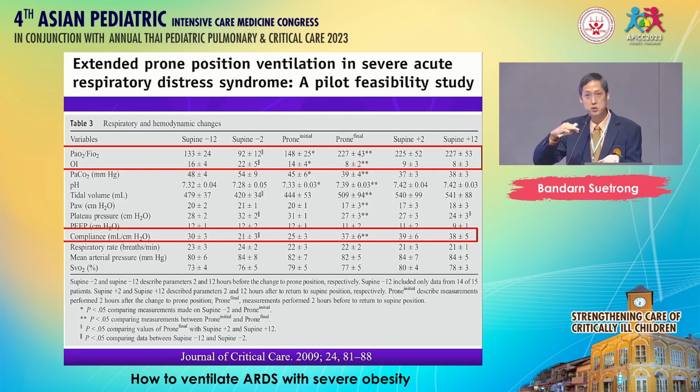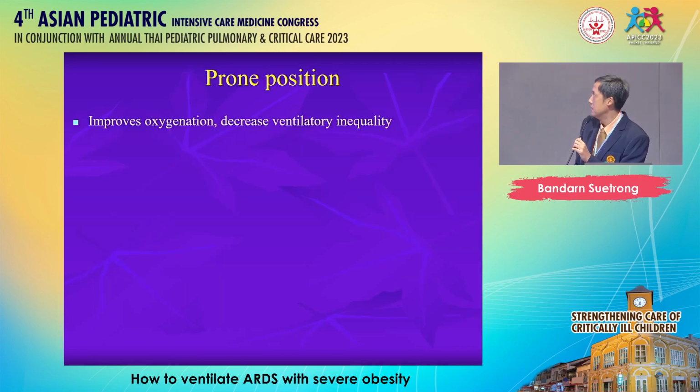And when we put the patient back to the supine position after that, the PF ratio is still high, the compliance still high. So I practically use the prone position for the first 48 hours or maybe in some cases up to 72 hours. So the prone position improves oxygenation, it decreases ventilatory inequality, it can improve the survival,